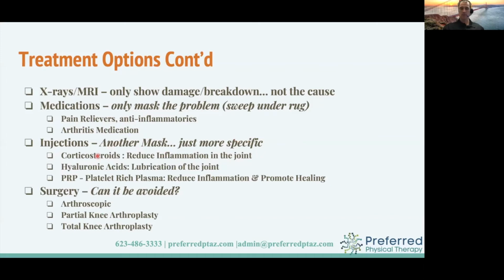So different types of injections exist. You get corticosteroids, which is a strong anti-inflammatory, to help get rid of pain. Sometimes you have the hyaluronic acids, sometimes called the Crow's Neck or Synvisc type injection, where they take the lubrication and try to increase the lubrication of the joint, which can have some temporary improvements. And that does help, again, for a short term, but still not getting to the root cause of the issue.